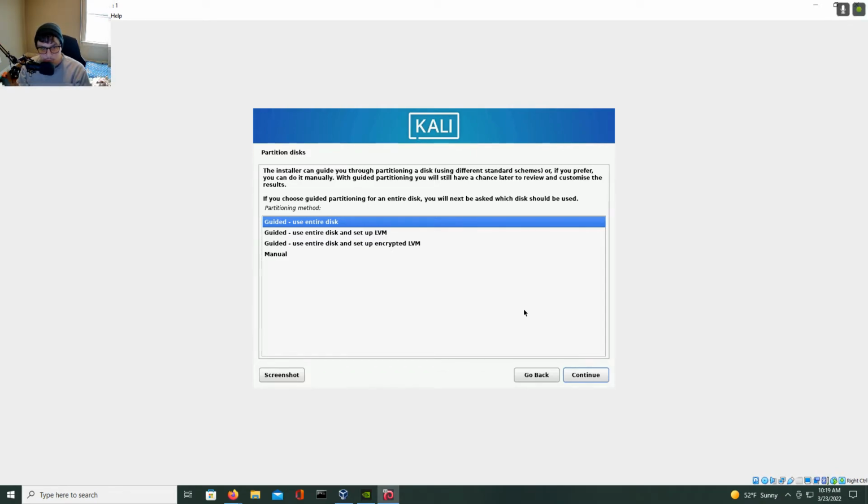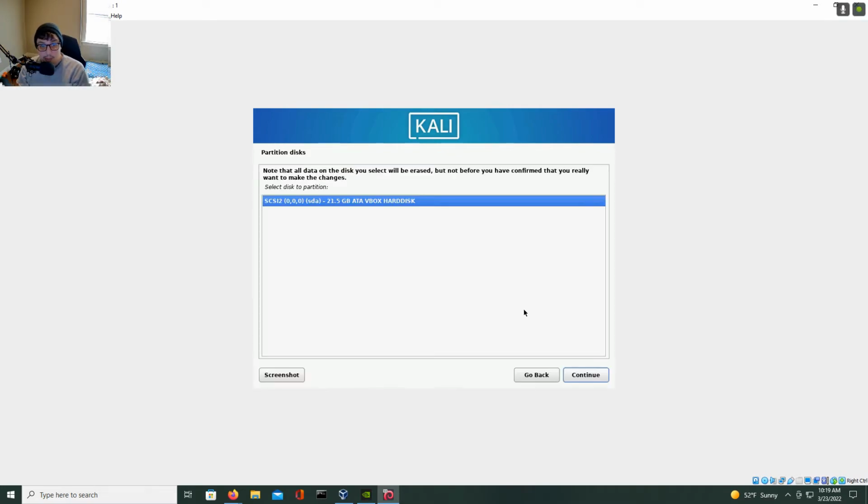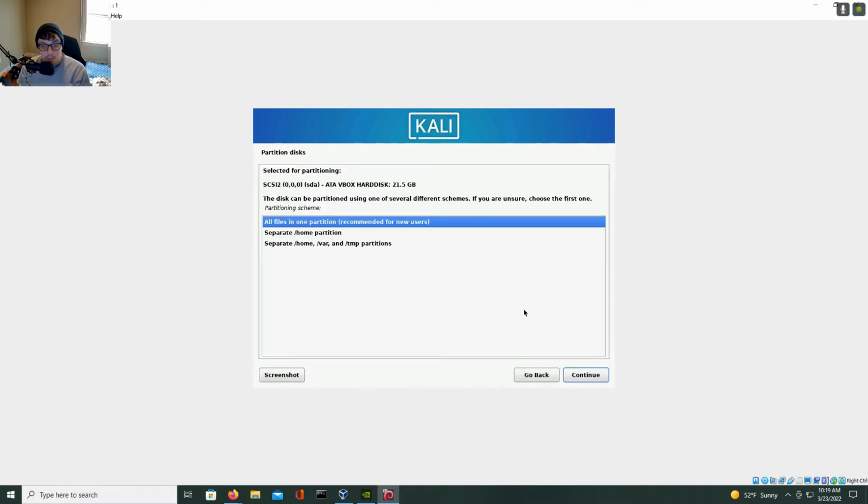So real simple, guided, use entire disk. This is asking how to partition the hard drive that we have in. How do you want to install this from here? Do you want to encrypt it? Which would be good if you're going to have personal information on this, so that people can't just take it and crack it. Okay, we're going to use entire hard drive, all files in one partition,